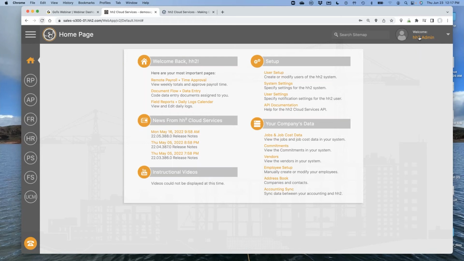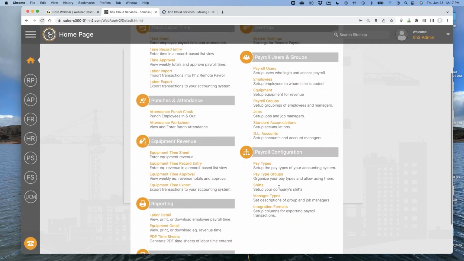Okay, let's just do this. I was going to show you a little bit of the back end of the system. I like to kind of change things up depending on my audience, and I think it may be beneficial for you to see a little bit of the back end stuff here.